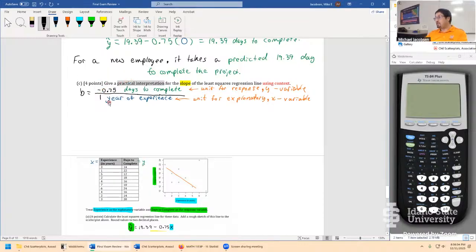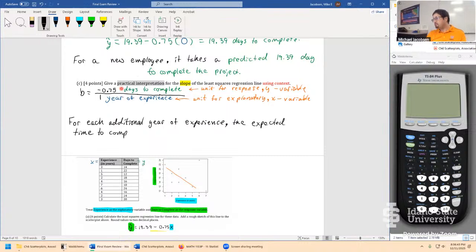We look at the numerator and denominator, we think about the problem, and we just say, well, the slope says, we'll start with the bottom: for each additional year of experience, the y hat value, the expected time to complete the project,